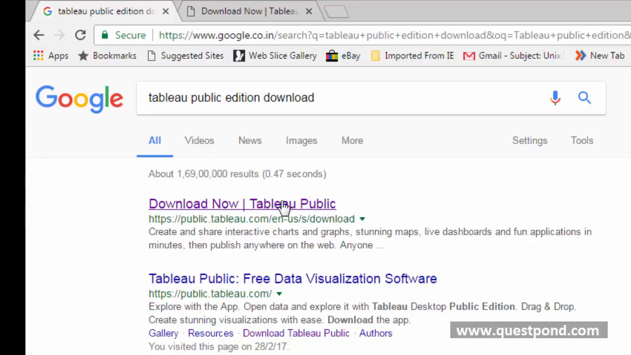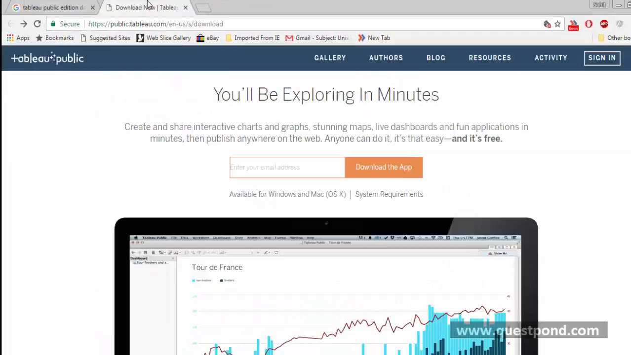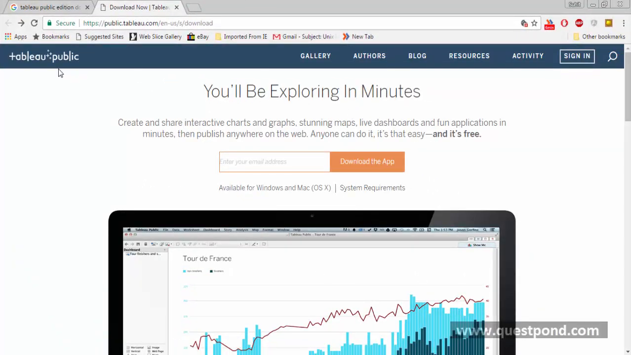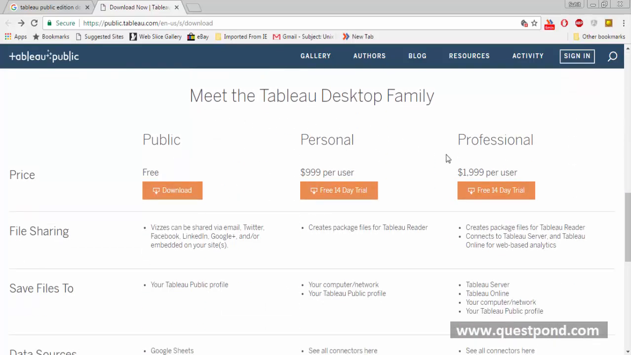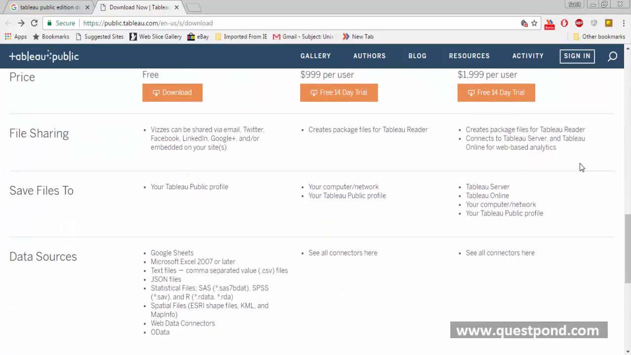Right now I have opened the first link here, and it has redirected me to the Tableau homepage from where I can download this public edition. I have to simply put an email ID here and I can download the Tableau tool. Now Tableau has many editions as we can see here, the public edition, the personal edition and the professional edition. For our learning purpose we will be using this public edition, and we can see this public edition can connect to many data sources like Google Sheets, Microsoft Excel, CSV files, text files